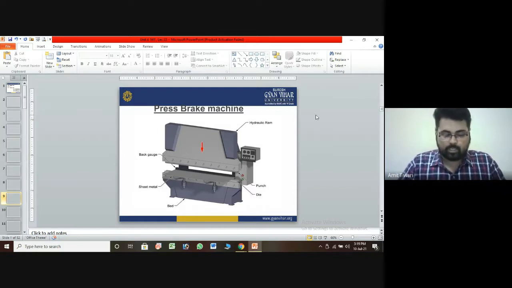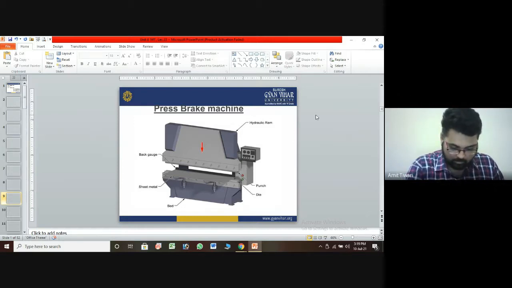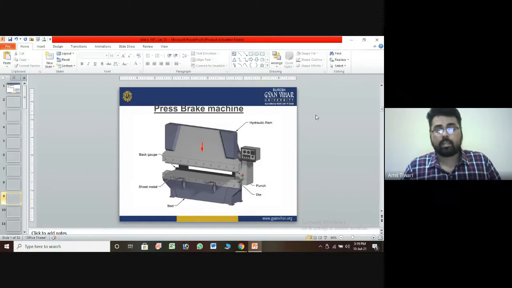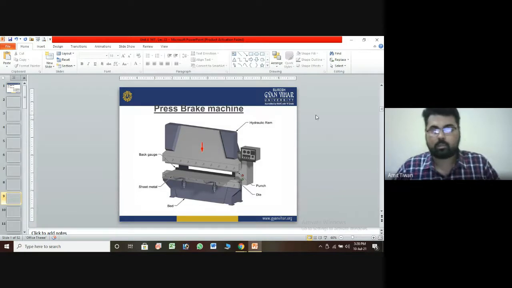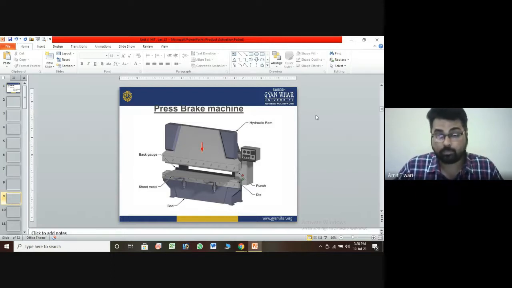It is a very simple technique, easy to use and easy to understand. It has no difficulty, but materials with high strength are required, because if the material does not have high strength, it will break during the punching. So we require materials with good strength, or high mechanical properties, because during punching the forces applied are in tons or newtons, or some kilonewtons, as per the application or the design of the fabrication.